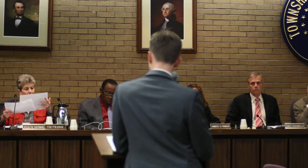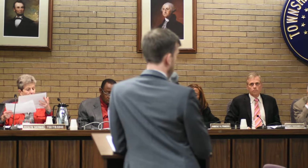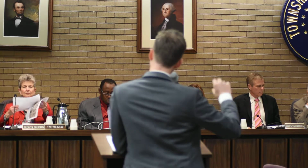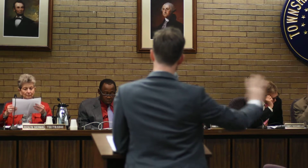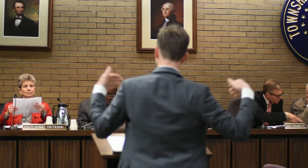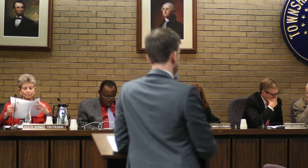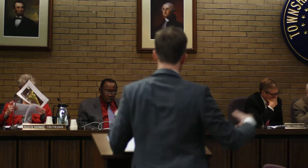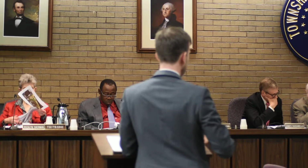I think one of the interesting things about the design too is that there are a few dozen units that look like they're multifamily units, but they're actually direct entry duplex units onto the street. So that means we'll have a lot of front doors that face the street rather than having buildings that only have a single main entrance. And I think that's a really positive thing from a land use point of view, because it means that you just have a lot more eyes in the street, people walking around, people coming in and out, people sitting on